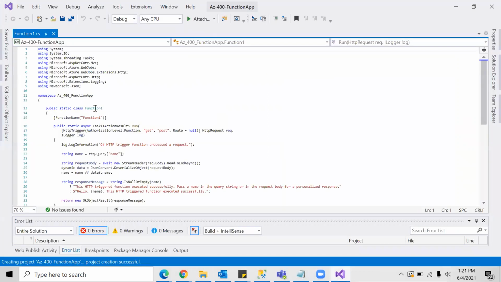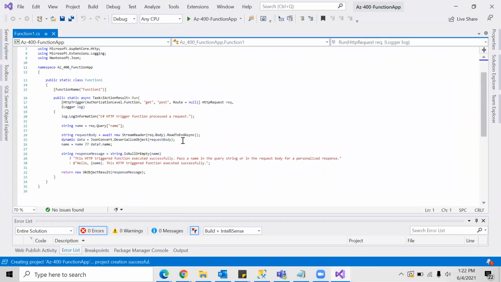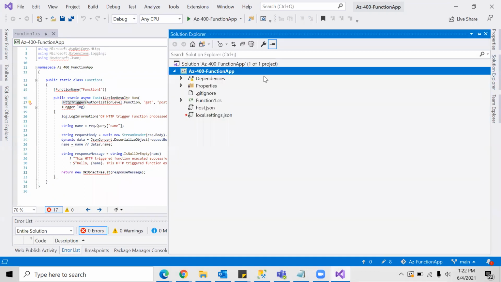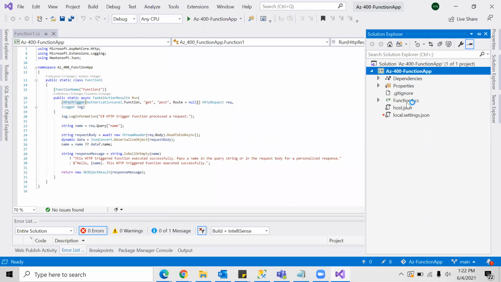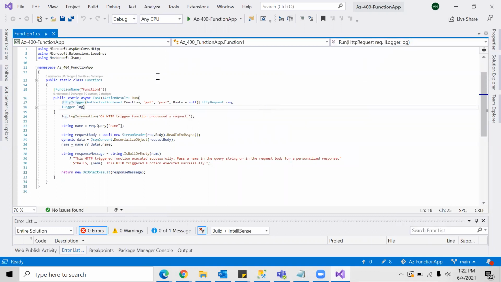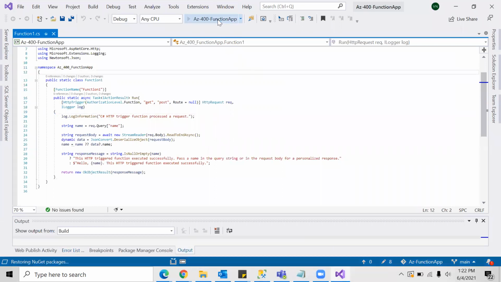So this has created that, and this is the boilerplate code, where the function name will be Function1, and this is an HTTP trigger. If I go to Solution Explorer, you will see it here. So let's try to run this first on the local machine and see how it works.